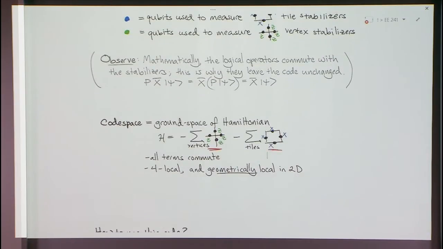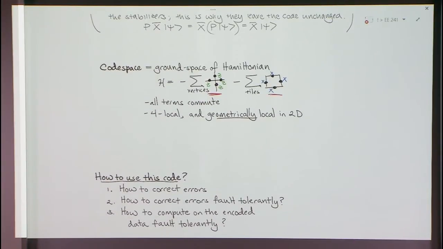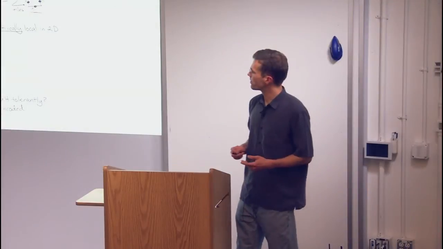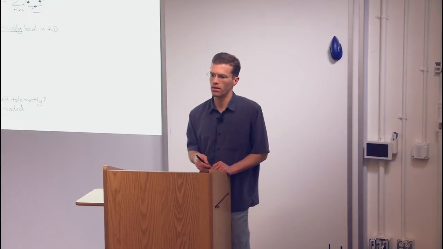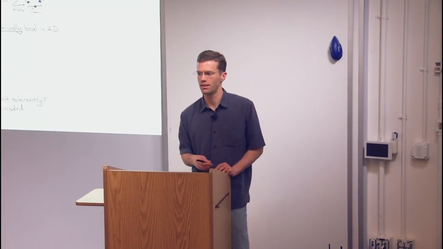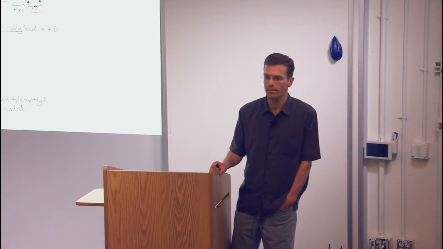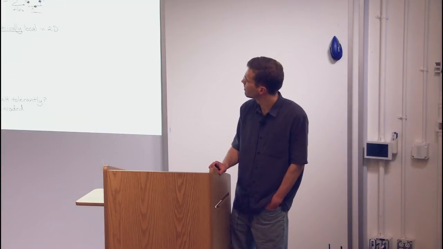Okay, so that's kind of like the first part of this talk. Hopefully it gives you some intuition for this surface code and for quantum codes in general. I thought in the second part of this talk I'd talk about how we can use this code. This is of course interesting in practice if you're trying to build a quantum computer. If you're not, I think it's still interesting because it gives me an excuse to talk about other properties of the code and teach you a little bit more about error correction and stabilizer algebra.